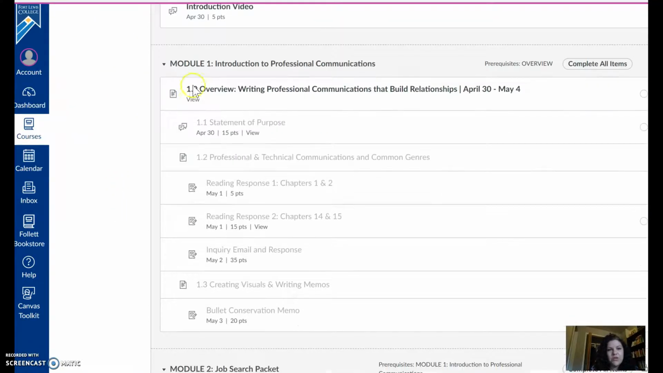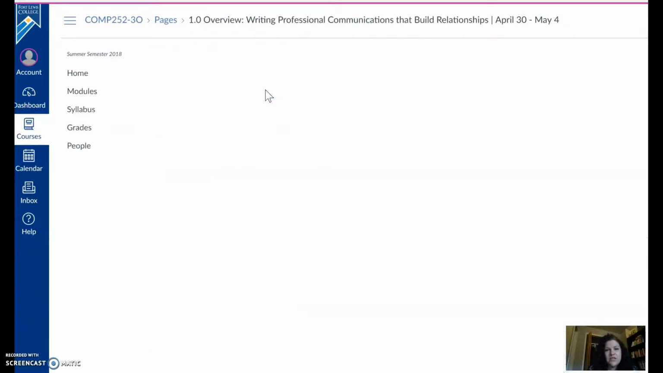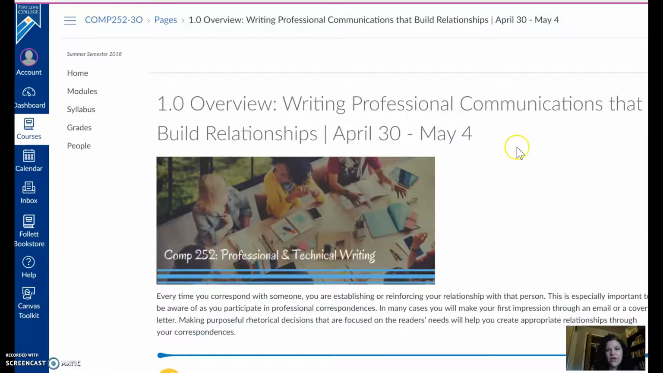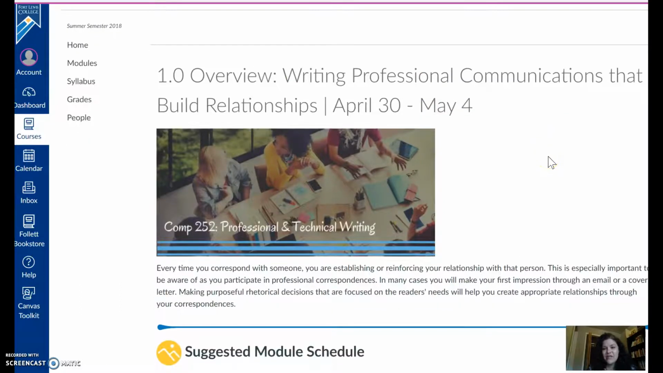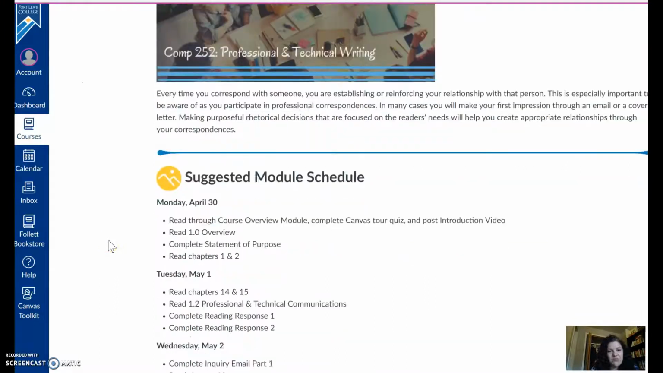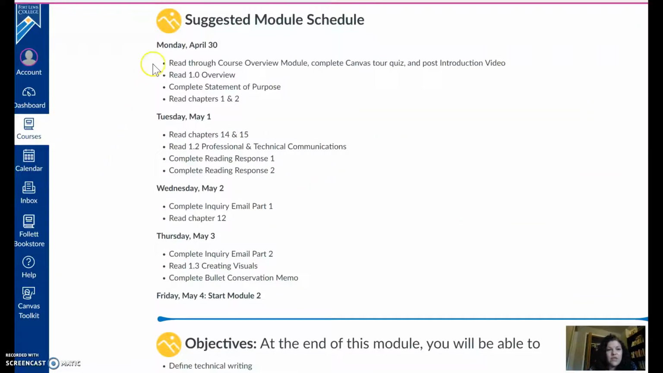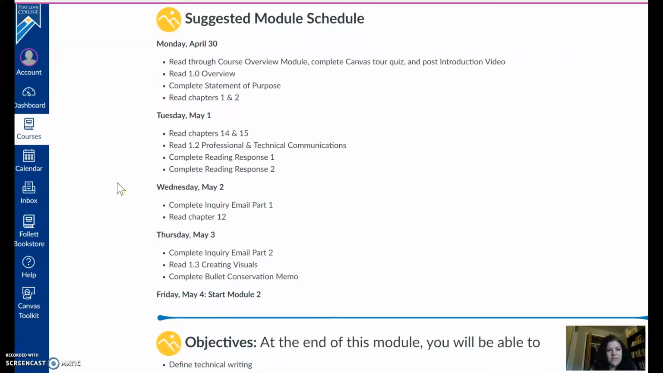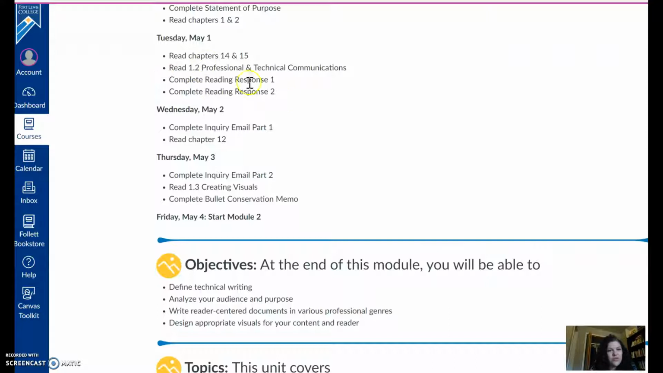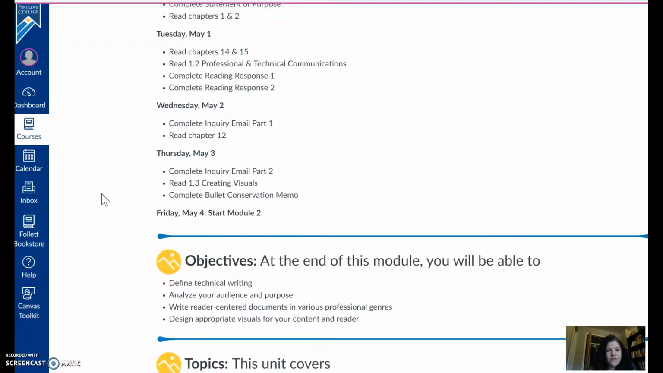The other thing I want to show you, at the beginning of each of these modules, I've given you a suggested course schedule. And that's because, again, like I said, we are going to be moving quick. So you have the suggested module schedule, and you can see already on Monday, April 30th, there are 4 things you should be working on Monday. Tuesday, there are also 4 things to work on,